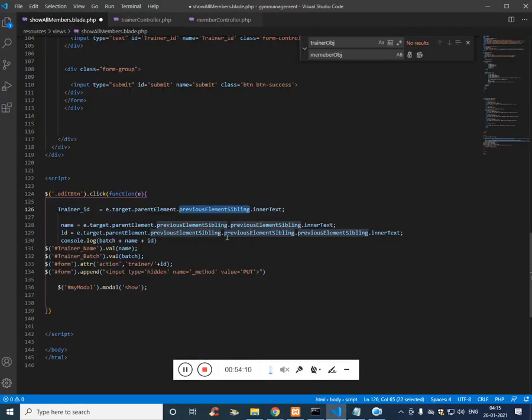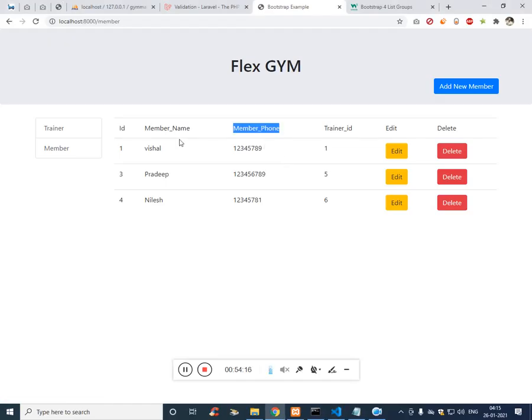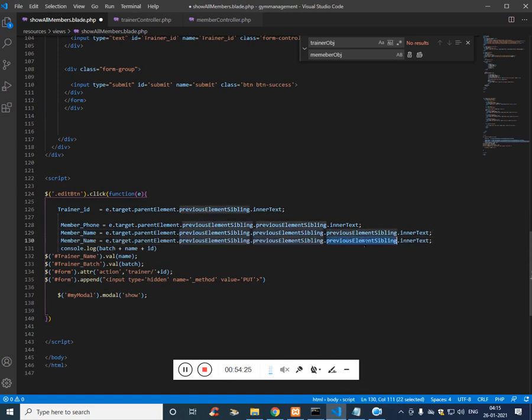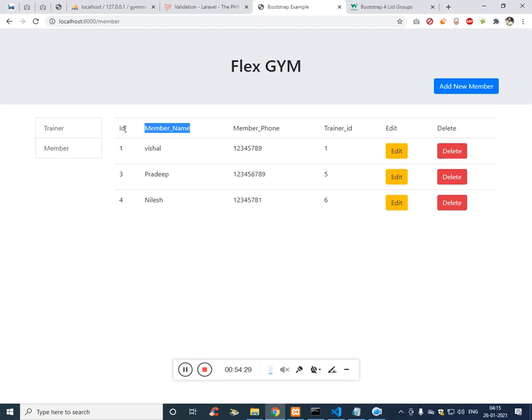Fine. And that's previous element is phone number, member phone. And then one more time we have member name, and we need one more time for ID. Dot previous element sibling, and this is for ID.